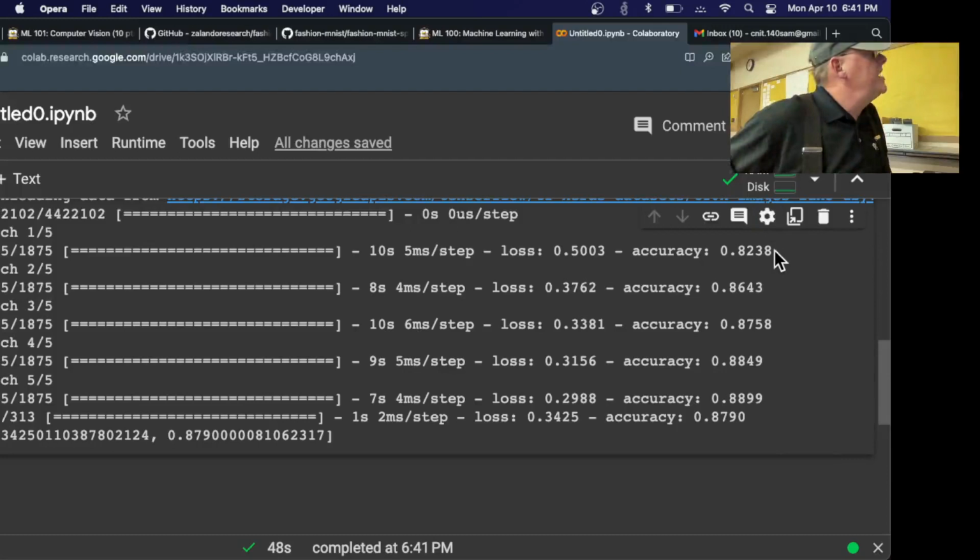So it started with an error of 0.8. Oh, I guess it's percent right. So it started at like 82 and it made it up to like 87% right. This is 87% correct. And here's the test data, which it also got 87% correct. So that's pretty good. Our model is now up to 87% accuracy, which you can argue whether that's good enough